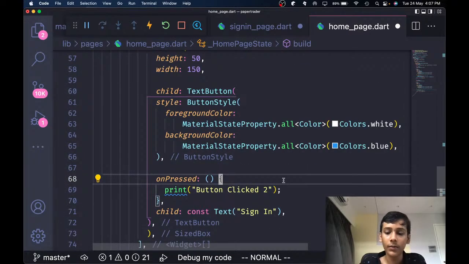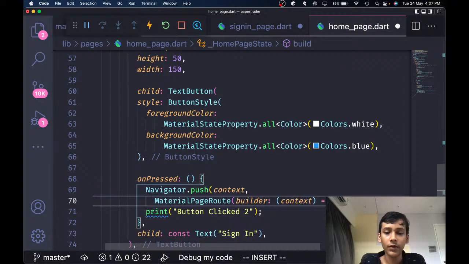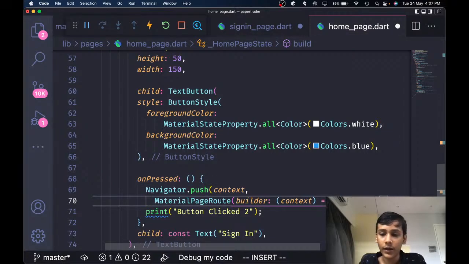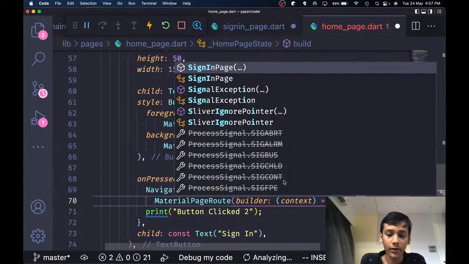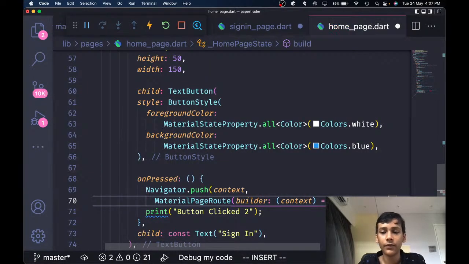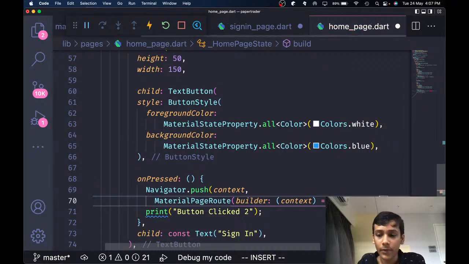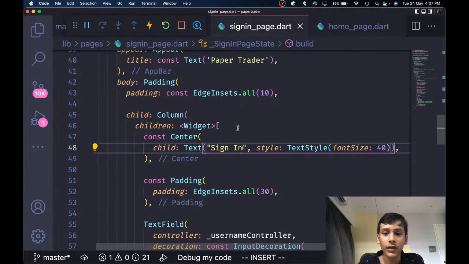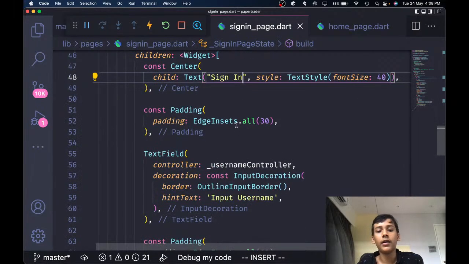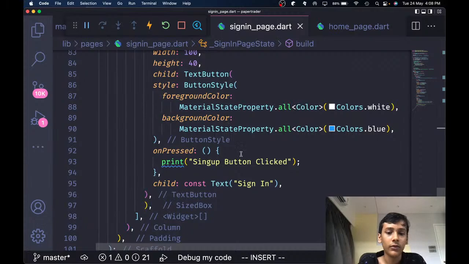and I'm just gonna paste that right over here, and instead of returning the sign up page, we are gonna return the sign in page. Okay, alright, done. Now that that is done, let me also just save the sign in page file. Alright, so now if I click on sign in, perfect, I'm on my sign in page